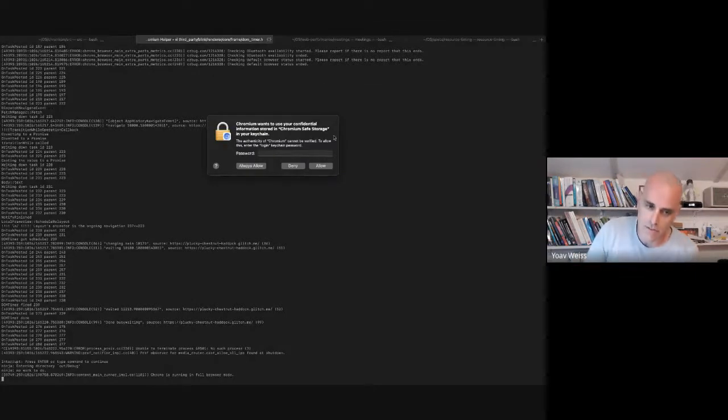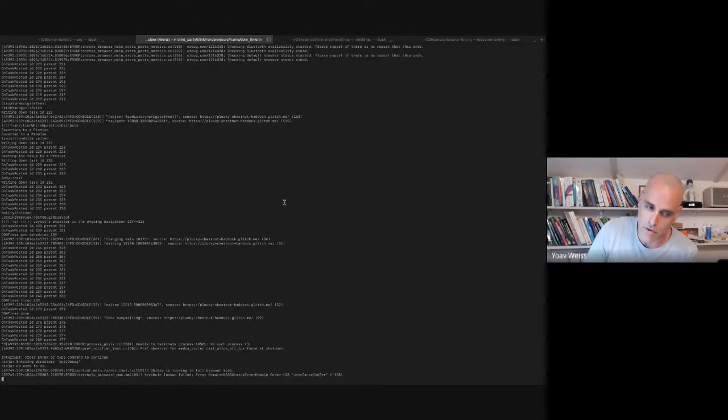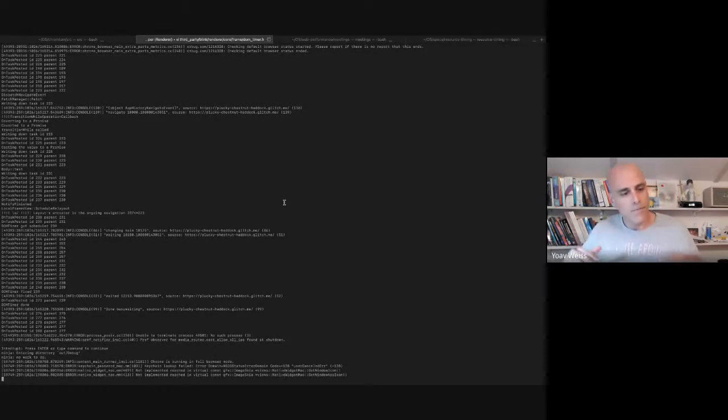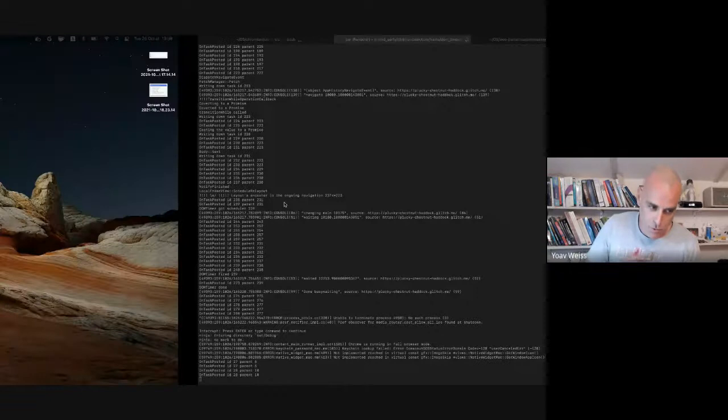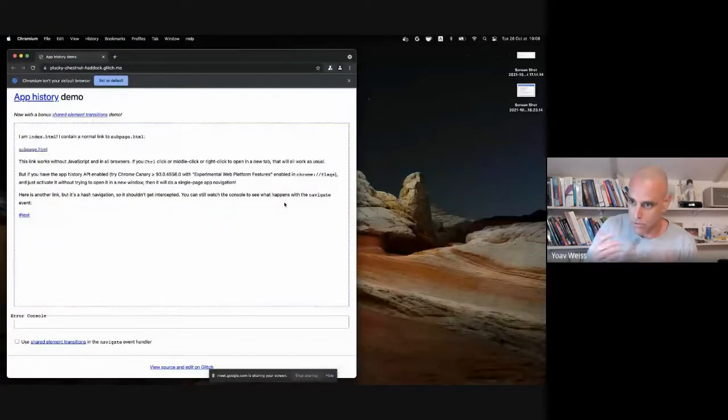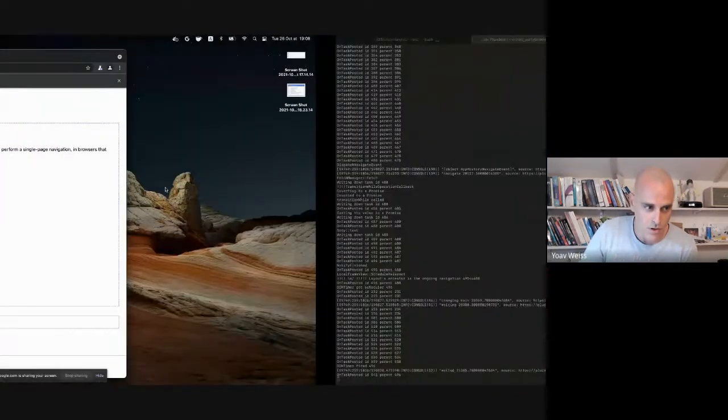Each task can keep track of its parent task, and that way we can essentially keep around the dependency graph for tasks that enables us to know that a specific paint inducing task was triggered by a navigation event. So here I have essentially the app history demo page. And if I'm clicking on this subpage,